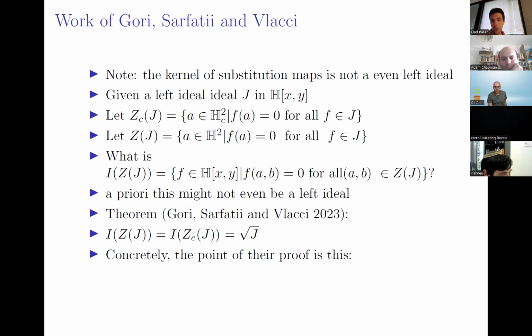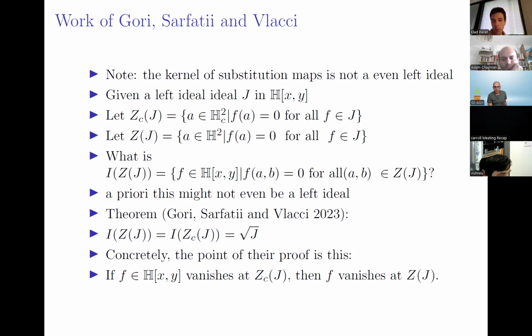Okay, now concretely, the point of their proof is that if you have a polynomial in two variables that vanishes everywhere at ZC of J, then it follows that it already vanishes everywhere at Z of J. This is not obvious, and this is the main point of their paper. However,